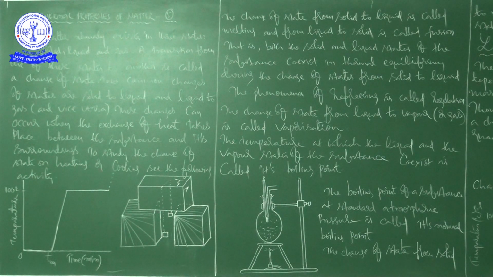Now, suppose for example, you remove the burner. Allow the water to cool to about 80 degrees centigrade. Remove the thermometer and steam outlet. Close the flask with an airtight cork and keep the flask turned upside down on the stand.